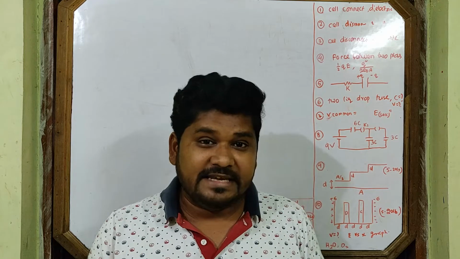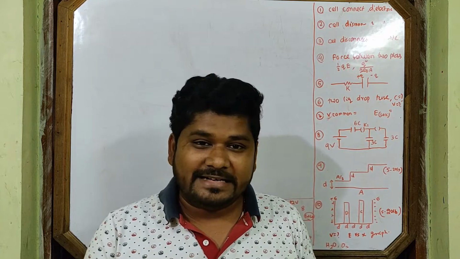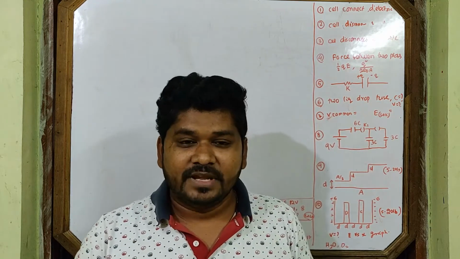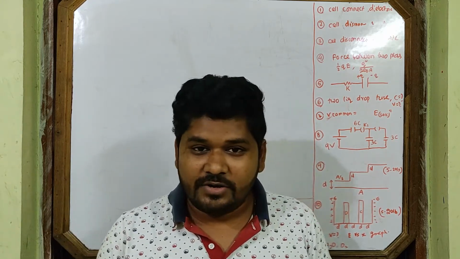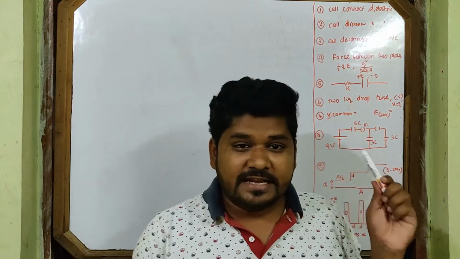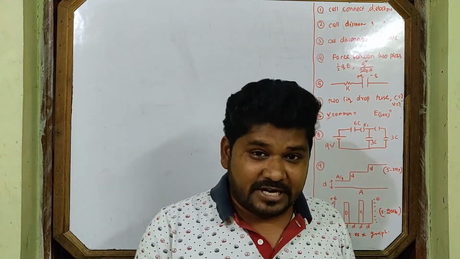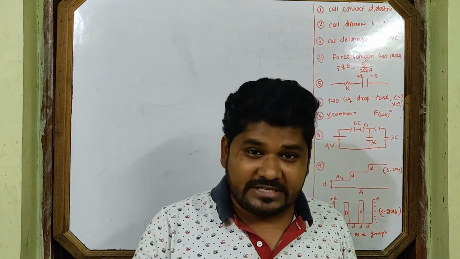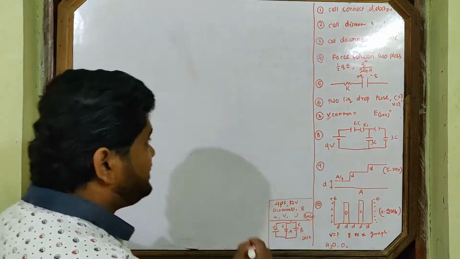What are the changes in total charge of the capacitor, potential difference, electric field between the two plates, energy stored in the capacitor and its capacitance? You can note the question I told you. So the cell is connected to the capacitor. Then what are the changes in charge, capacitance, potential difference, electric field, total energy? We will read everything. We will discuss everything.